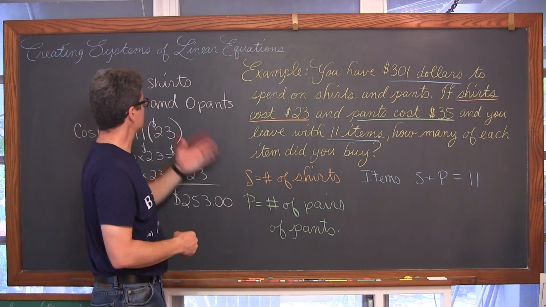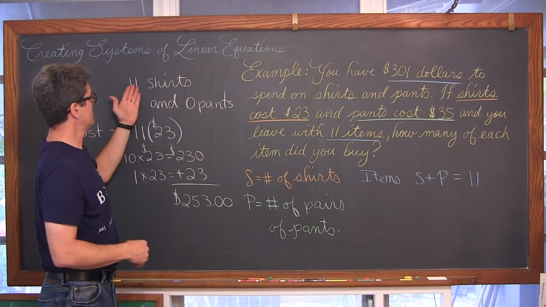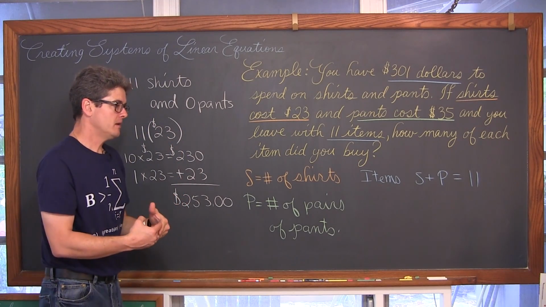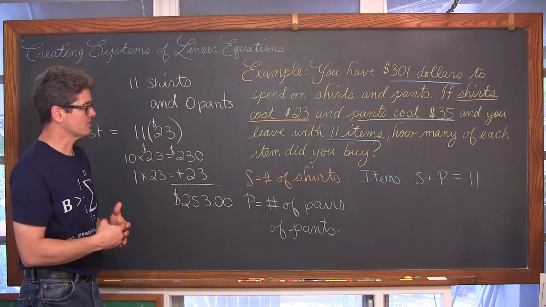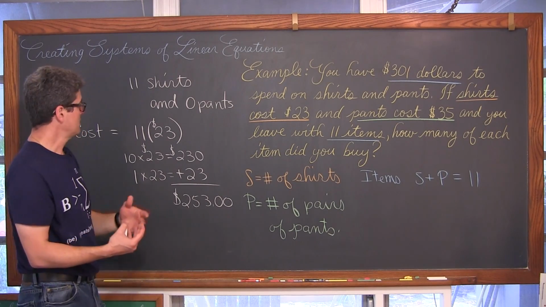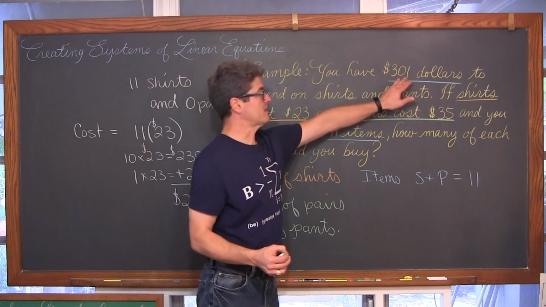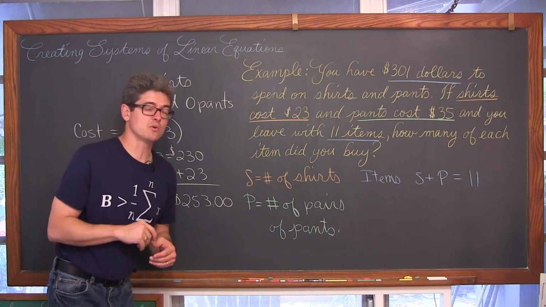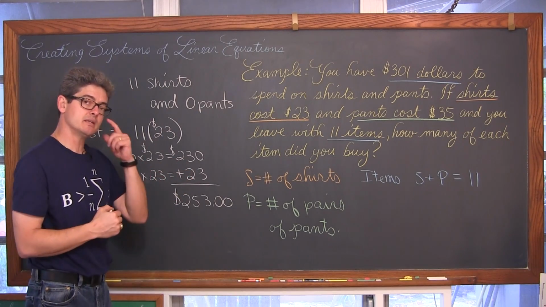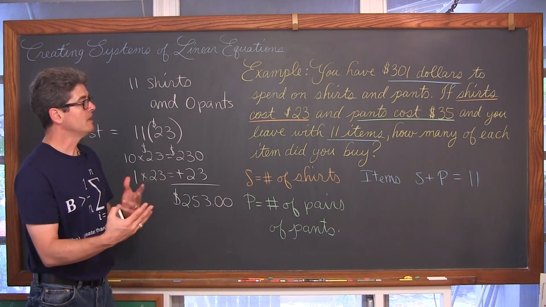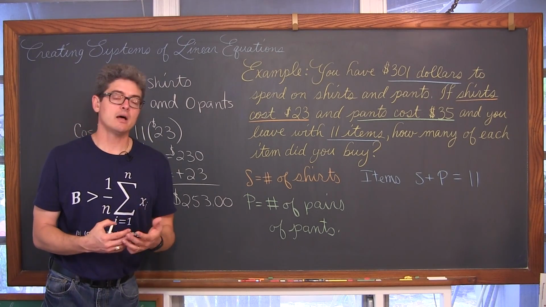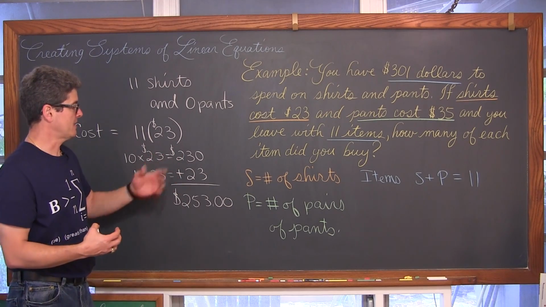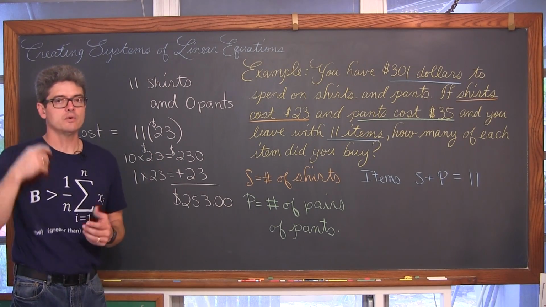And indeed, I can say 11 and 0, 10 and 1, 9 and 2, and so on, and really solve this particular question with a table of values, continuing until I get a combination that matches that 301. In this particular situation, I know the answers are whole numbers, so that table idea will actually work. But if the intersection point of these lines contains decimals, or even worse, irrational numbers, you're not going to find that very accurately with just a table of values.